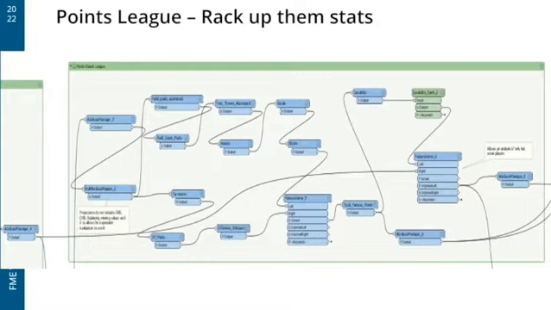So then it's the points league, and this has come out really badly. It's kind of frustrating, but that's fine. So the first part here is selecting the countable stats. I used an attribute manager to funnel out all the ones that I didn't want, and we're just left with the stats that we need.